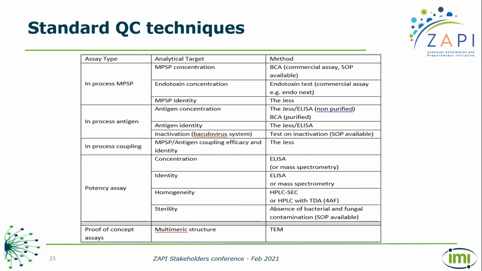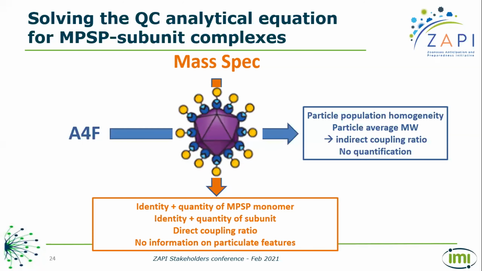But as for most vaccines, we'll use, of course, the standard QC techniques that are listed here for protein concentration, endotoxin concentration, identity, the antigen, and so on. Potency is done with the different antibodies and monitoring of amount. And eventually, because we have a physical or biophysical object, we can use electron microscopy because it's more and more accessible, especially with cryo electron microscopy. So I will not detail that, but just focus on